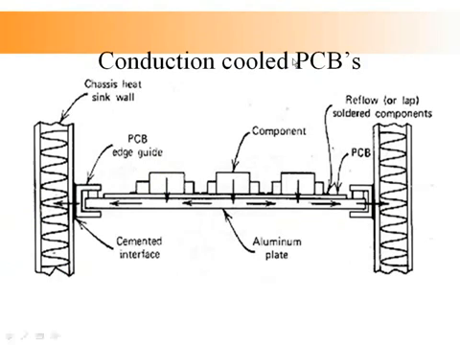Here is a board. This is called a conduction-cooled PCB. No air can go over these components. These components or devices are sitting on a metal-clad board. Heat dissipates into the board, and then it goes out into heat exchangers, and you can have liquid or air going through these heat exchanger fins carrying the heat away. This is called a conduction-cooled board, and this is typically used in avionics where they do not want humidity coming onto the systems.